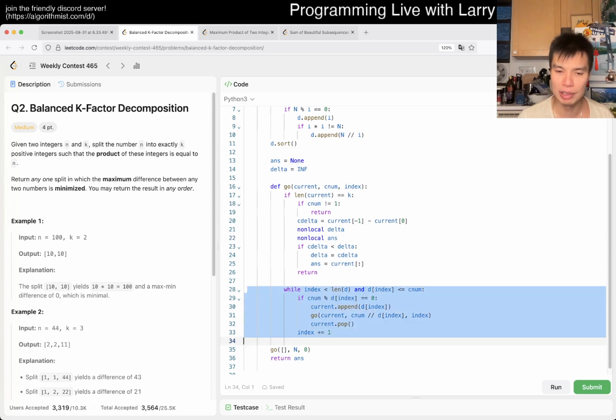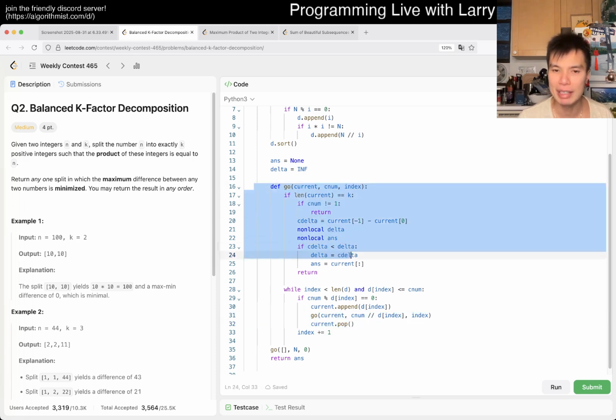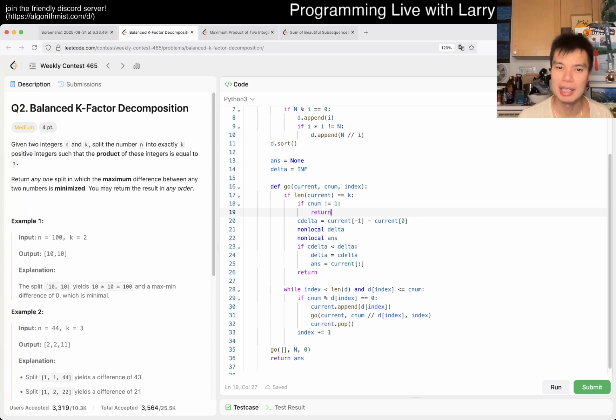I only go over divisors so that we don't count extra numbers that we don't care about, and then we divide the number out as we do it. Of course, making sure that this is a divisor, and if it gets bigger, then we move on. And we push and then we pop after recursion, and that's basically it. And if we are able to find an answer, which is when n is equal to k, all the numbers are used up, then, because we have it in increasing order, another benefit,